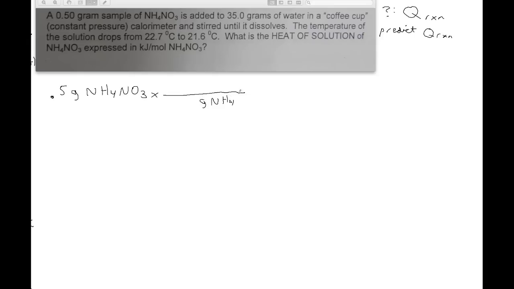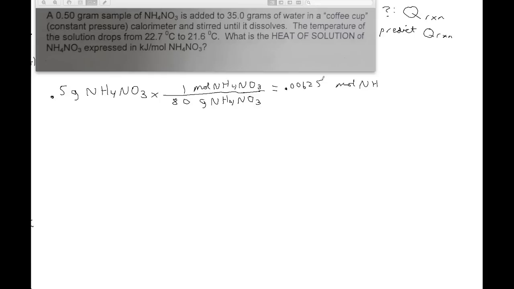What did you get as the molar mass? 81. Try that calculation again. Oh, 80. Good. I get 0.00625